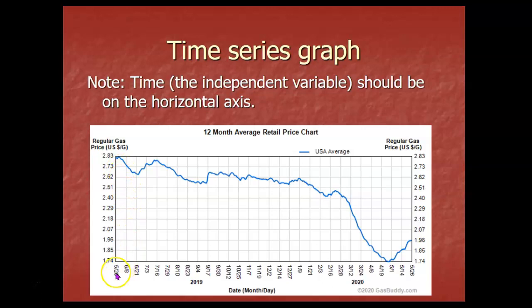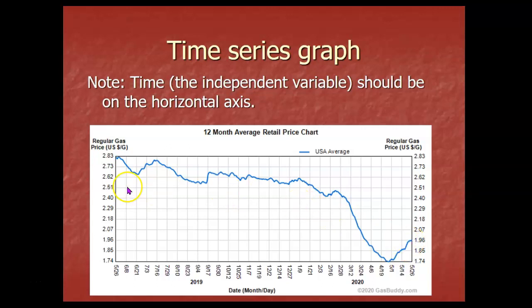the past year. So one year ago, on May 26th of 2019, the average price of a gallon of gas in the United States was up around $2.83 a gallon. And then it went down, came back up, and it stayed right around $2.62 for quite a while, through much of the last half of 2019. And then relatively recently, it went way down. And then recently it started to come back up a little, but it's still way below where it was last